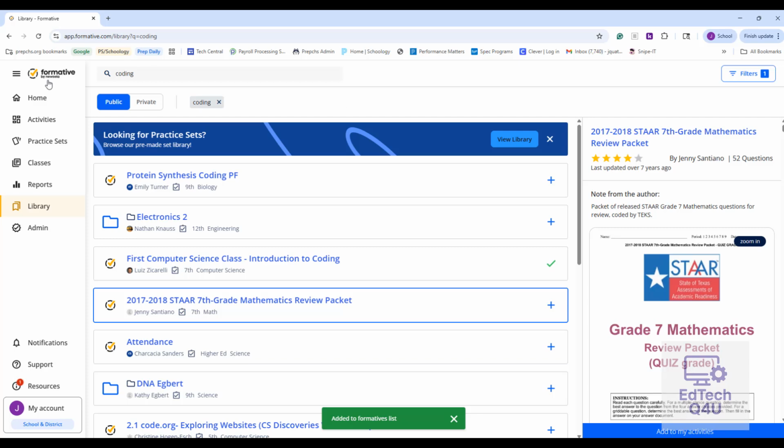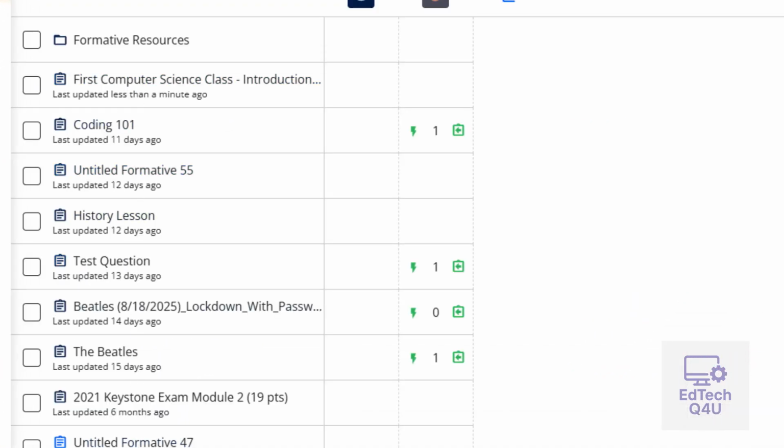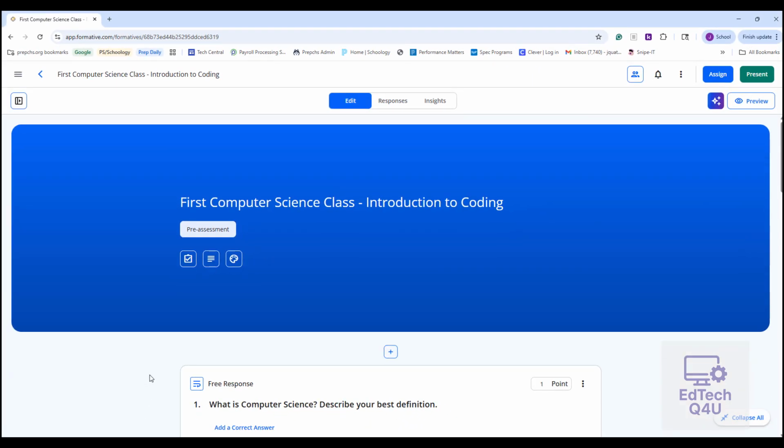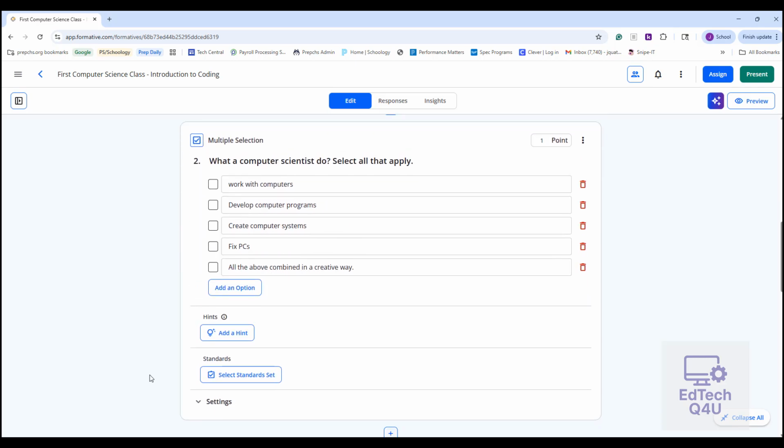To view the formative, you can click on the Activities tab on the left-hand side. Here you will see a list of all of your formatives. To view the formative that you just added, hover over the name and click on it. At this point, you can scroll down, view all the questions,